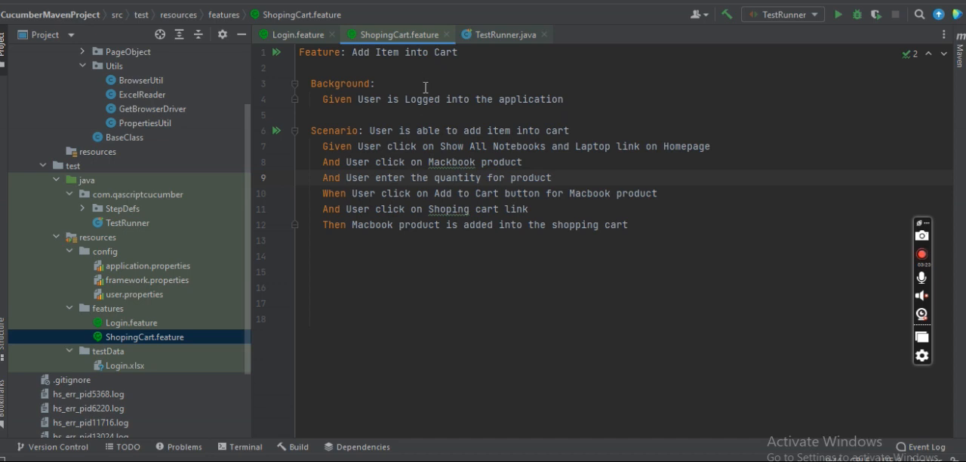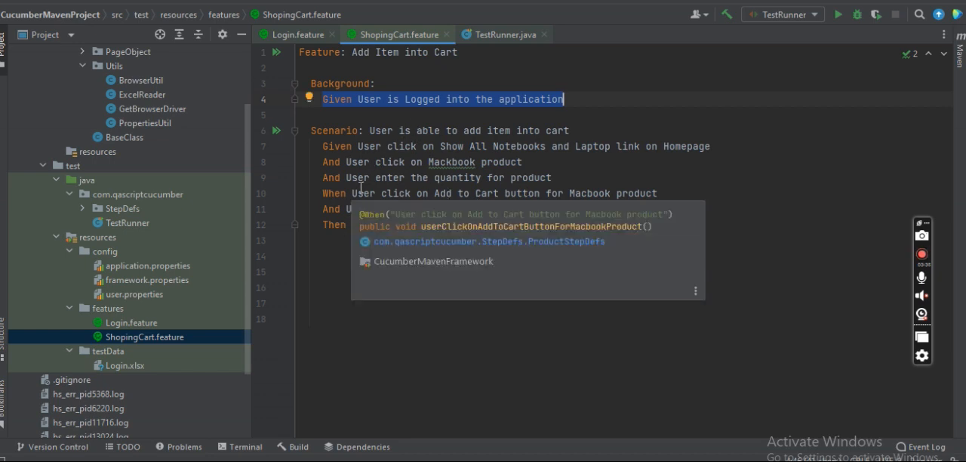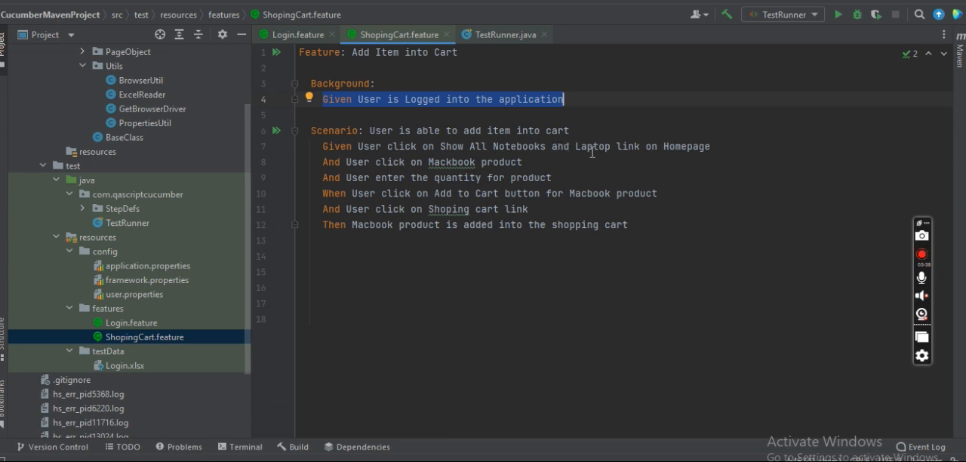Before we add the item into the cart, we need to perform some preconditions, right? Like the user is logged into the application. This is the precondition for us to validate the next scenario, where we validate that the user is able to add an item into the cart. So how can we write it? We write inside the Background tag: Given user is logged into the application. And this is the scenario where the user is able to add an item into the cart, and